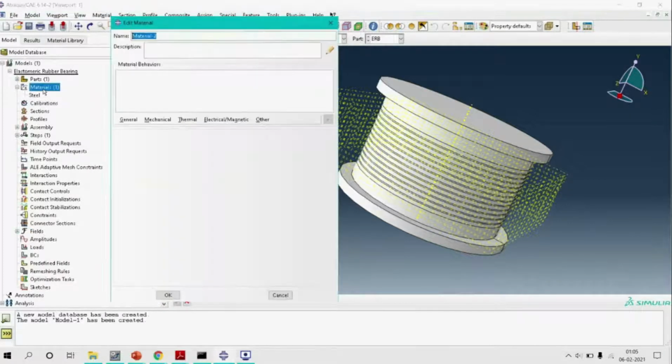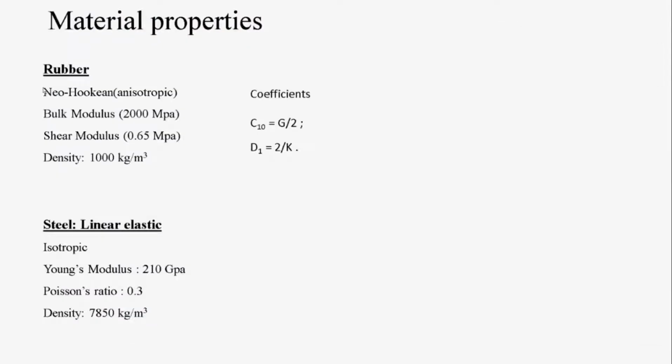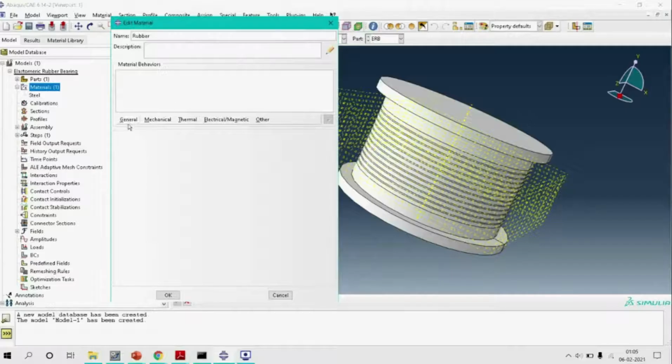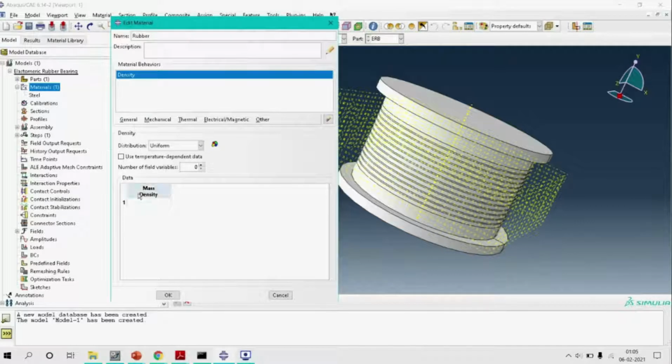Now the second material is rubber. For rubber, we have to give it a density of 1000 kg per meter cube. So in general we have density, and we will give it as 1000 kg per meter cube.